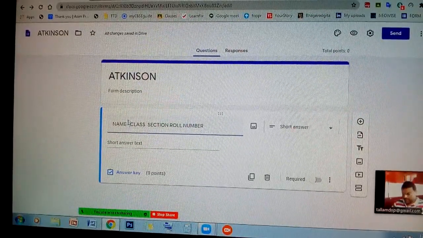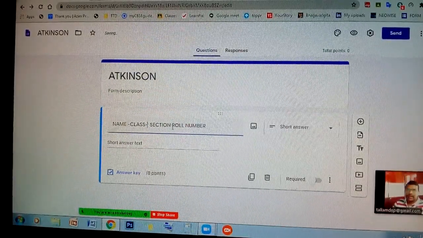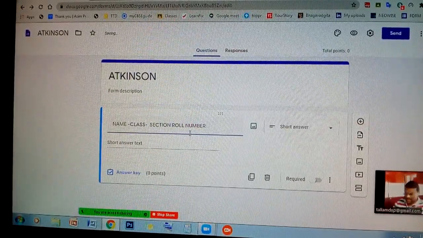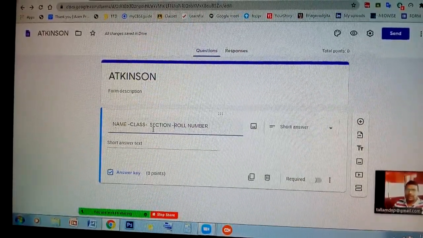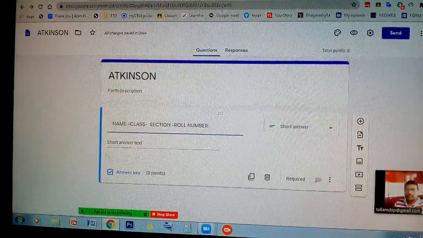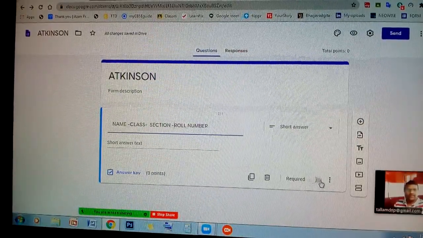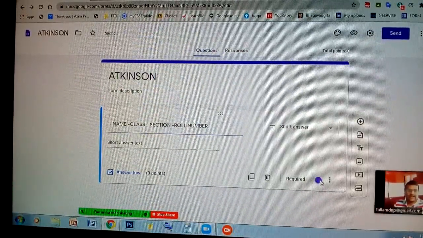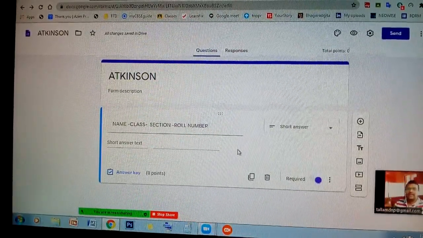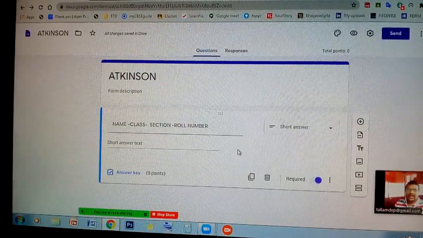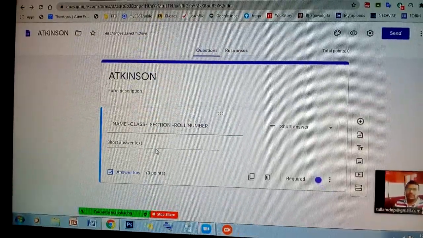As you feed the information like this, the student will enter their details. After it comes down here, for this one there is no need to write the answer, the student has to. So the second line is left for the students, and at the bottom, the required option will be there. Don't forget to select this one. When we select this, that particular question will be compulsory. Only after they attempt the particular one will they get the chance to attempt the next one. So this one is over.